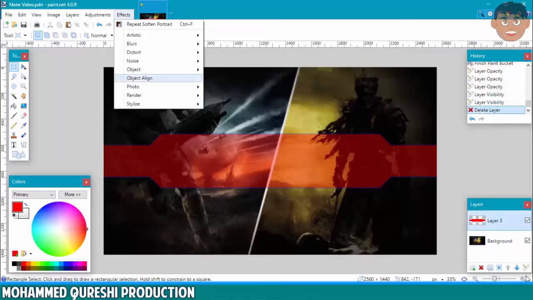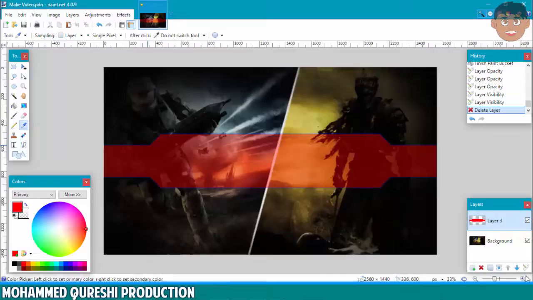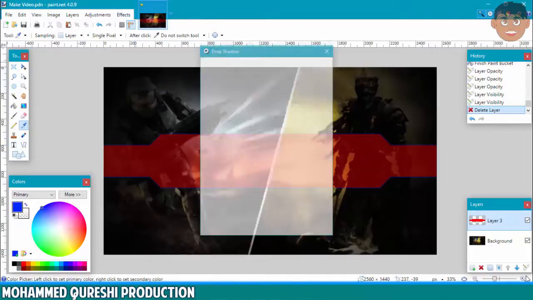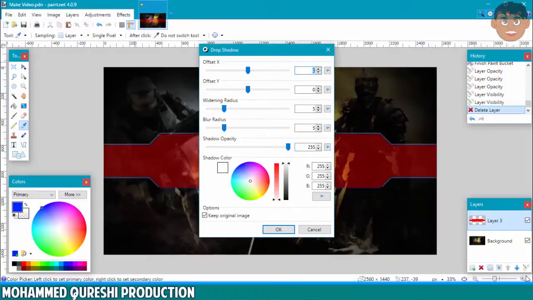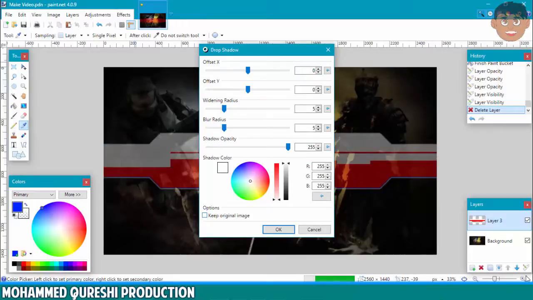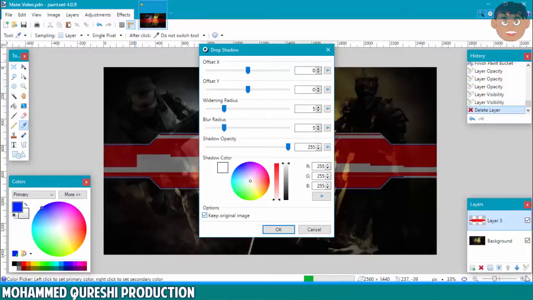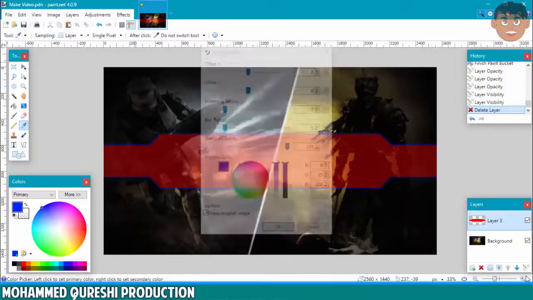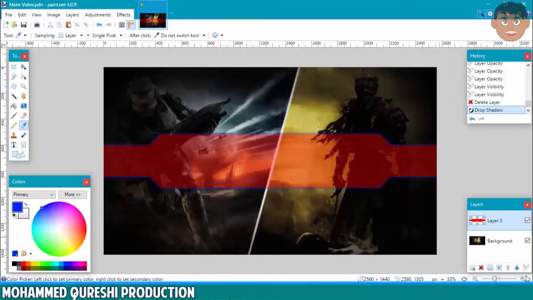So let's select that blue again. Go on Object, Object Drop Shadow, and I never selected the color I wanted. I did not want to do that. Okay, so I guess I just have to find a nice one that matches, and we found it perfect. This blue matches that blue, and it's all good. So after we've done that, we do not want to merge it down at the moment,